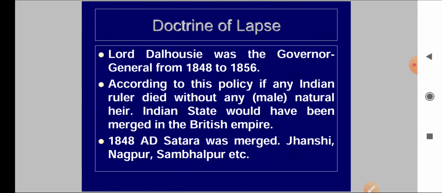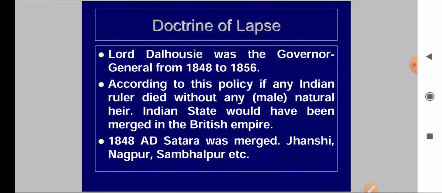Now I'm telling you one of the important terminologies of this chapter, the doctrine of lapse. The Britishers had different policies to extend their empire. They adopted three main policies. First was the aggression policy, meaning by attack. Second, their policies of lapse and subsidiary. The third was maladministration, which they imposed on many Indian states, saying that your administration is not good. So the doctrine of lapse was introduced by Lord Dalhousie, who was the Governor General from 1848 to 56.